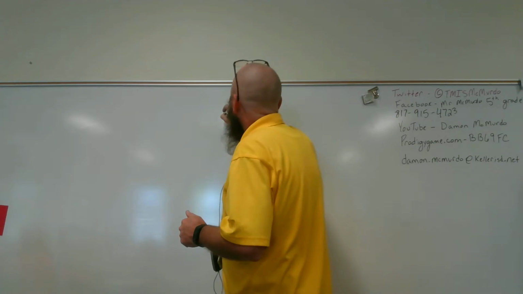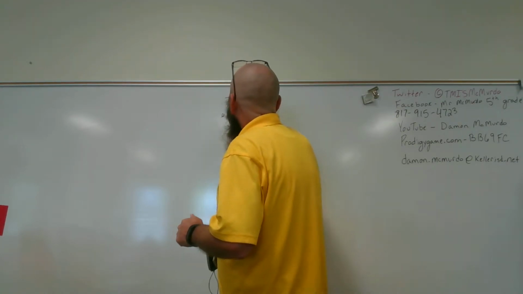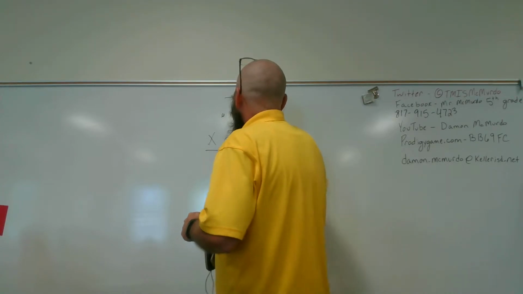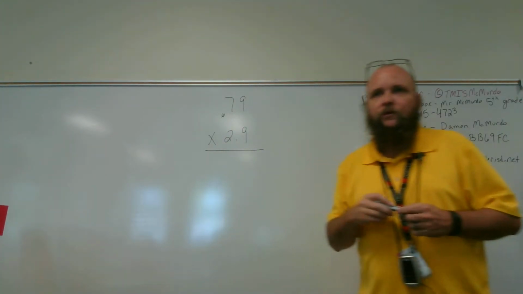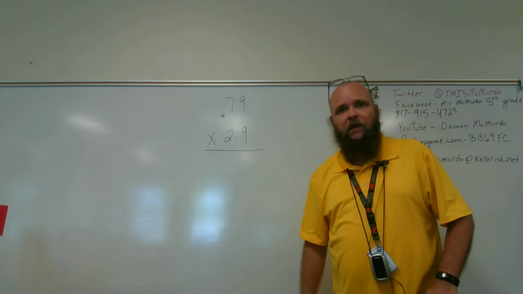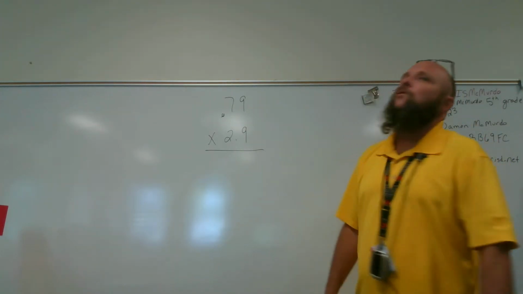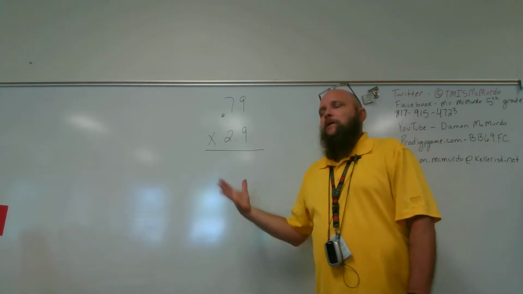So let's look at the problem 79 hundredths times 2 9/10. Notice when I'm multiplying decimals, I don't have to line them up. No, no, no, no, no. Now I look at this,